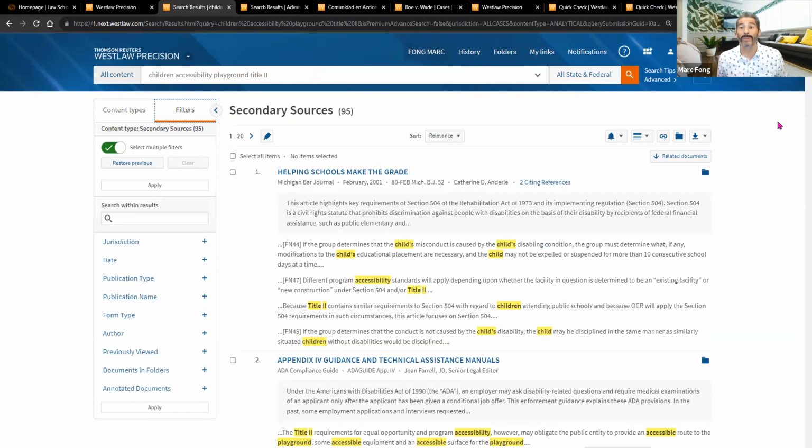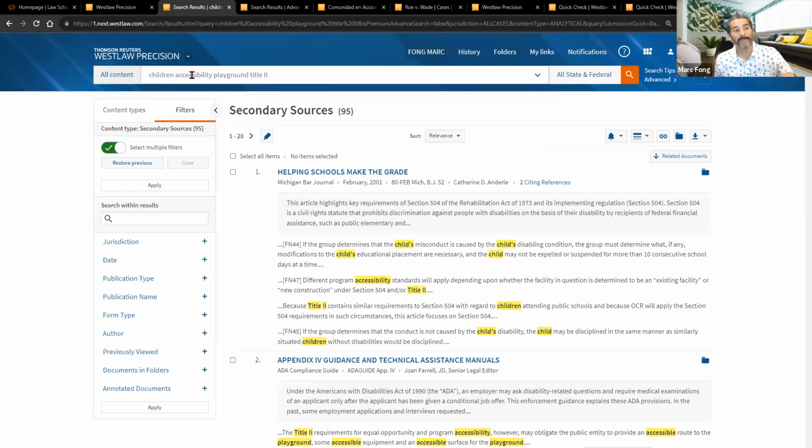Now, secondary sources, like I said earlier, that's definitely where you want to be. You want to find secondary sources and find out what other legal professionals are saying about the law that you're looking for, okay? Or about that legal issue, or about anything that you're doing your search on. More than likely, especially in your 1L year, you're going to have somebody who's already discussed it. And here we have